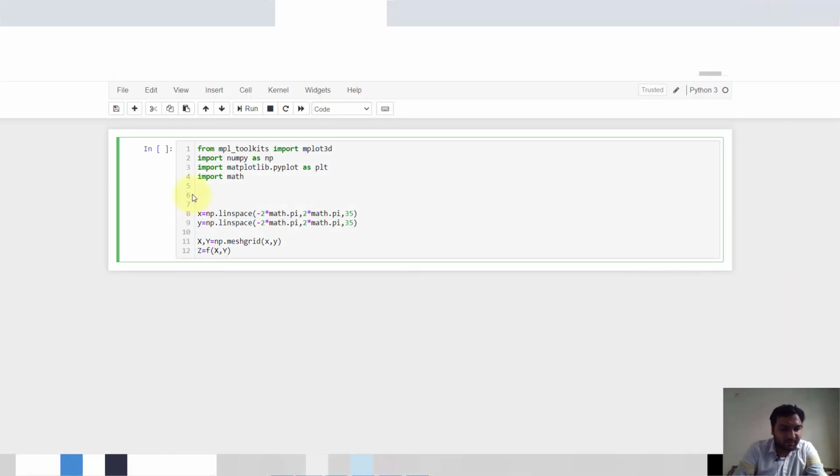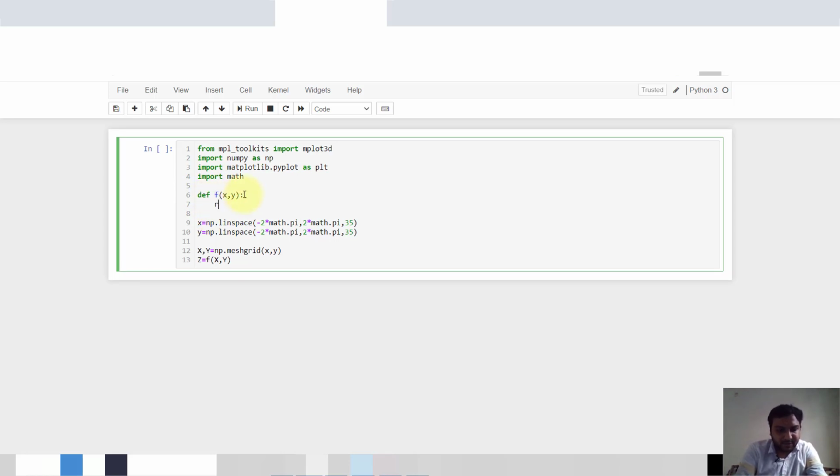So we'll define the function f of x and y, and we will return it. np.power, our theta 2 is equal to y.